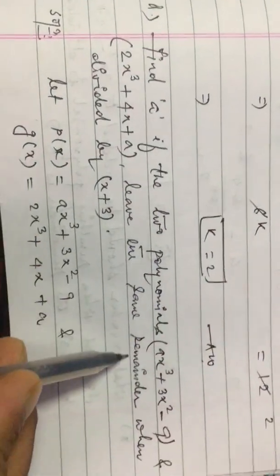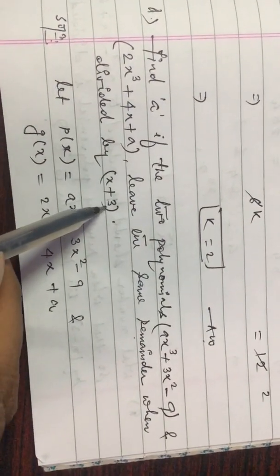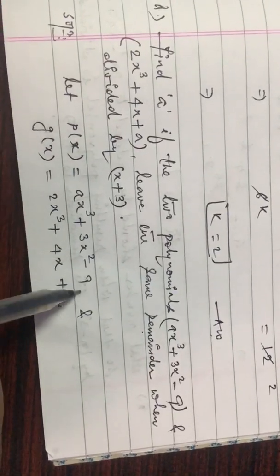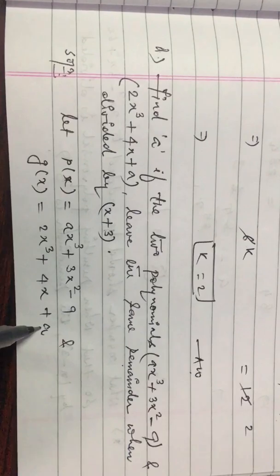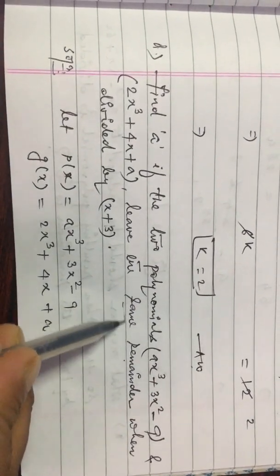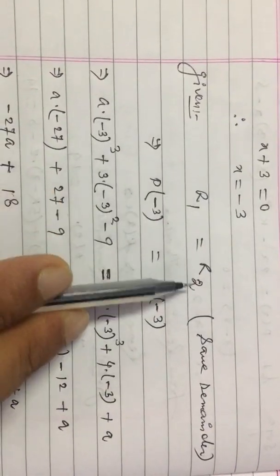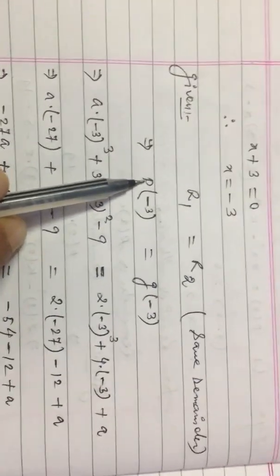Since in the question it is mentioned that they leave the same remainder, it means when this is divided by this, the remainder is the same. The remainder of this we suppose as R1 and the remainder of this as R2, and both we can equate because in the question it is given that the remainder is the same. Now, since R1 is equal to R2, remainder 1 is equal to remainder 2,